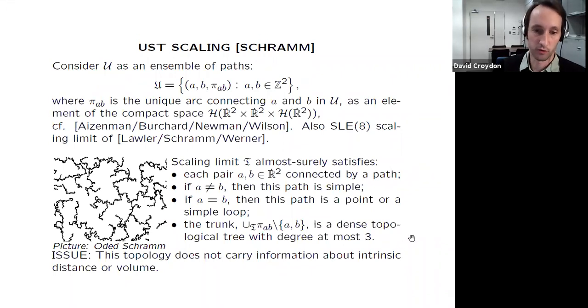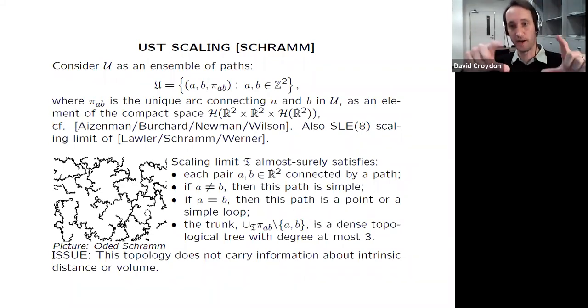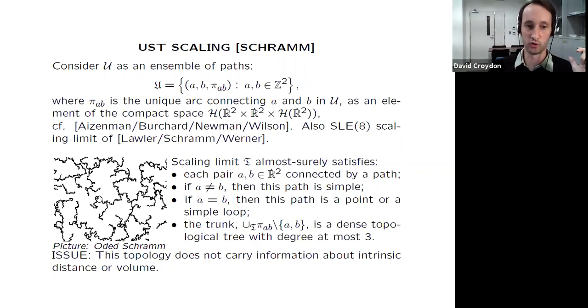I don't know that I want to really discuss these, but essentially these started to give us an understanding about the topology of the scaling limit. And of course, from the development of the SLE theory, we can also start to understand that each of the paths that appear in this limiting tree have to be an SLE2. And so if we choose a finite number of points in space, then we're going to get a web of SLE2s.